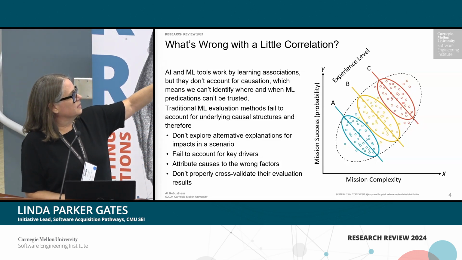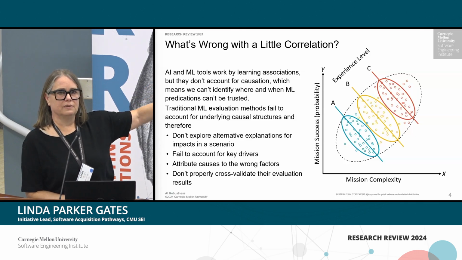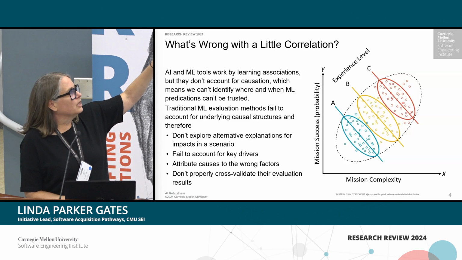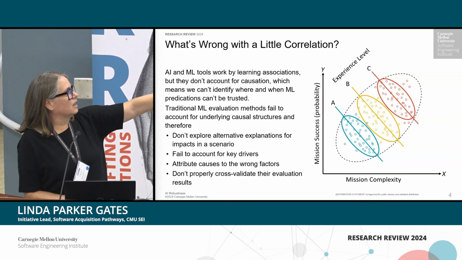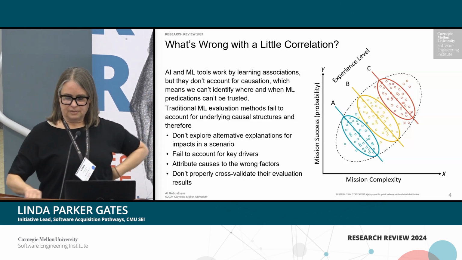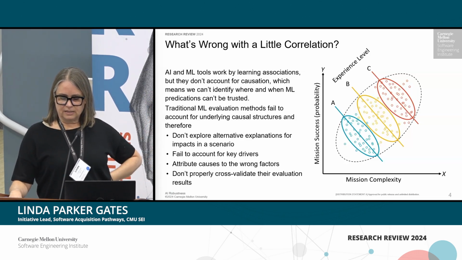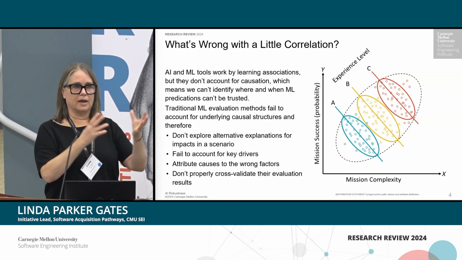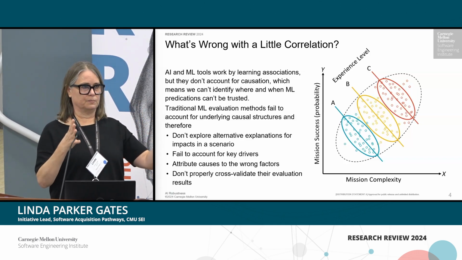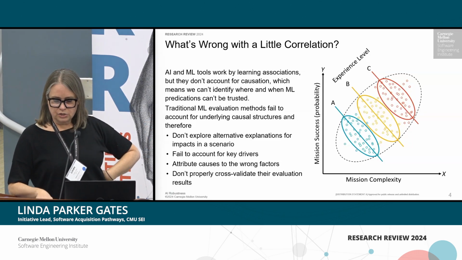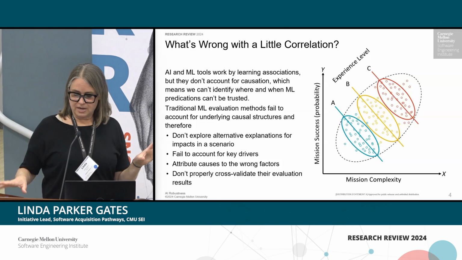Mission success is correlated with the simplicity of the mission. That's one way to say it. But it is, in fact, not correlated with mission complexity. So this phenomenon is called Simpson's paradox, and it's one where the total data skews when you look at it in a superset rather than in terms of some of the things that may be underlying. So we need to be aware of these different kinds of bias.